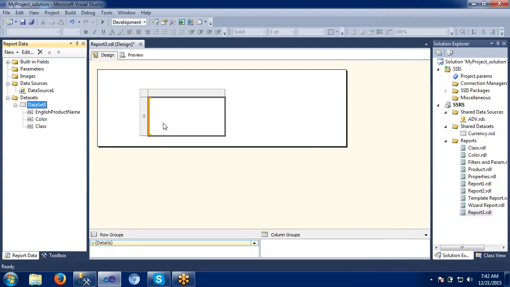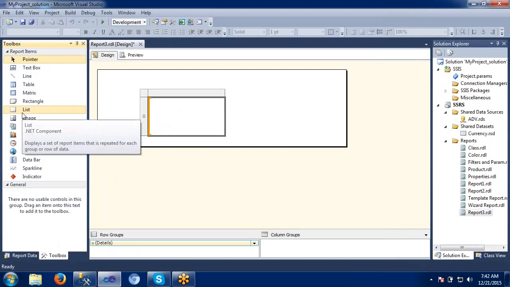So I can use it in any report, right? To make use of this, I have taken the list here. So what is this list report type and how is it useful? See, the list report type is a free form report. Here we don't have any restrictions. When we have a table or matrix, there are fixed columns in the table.